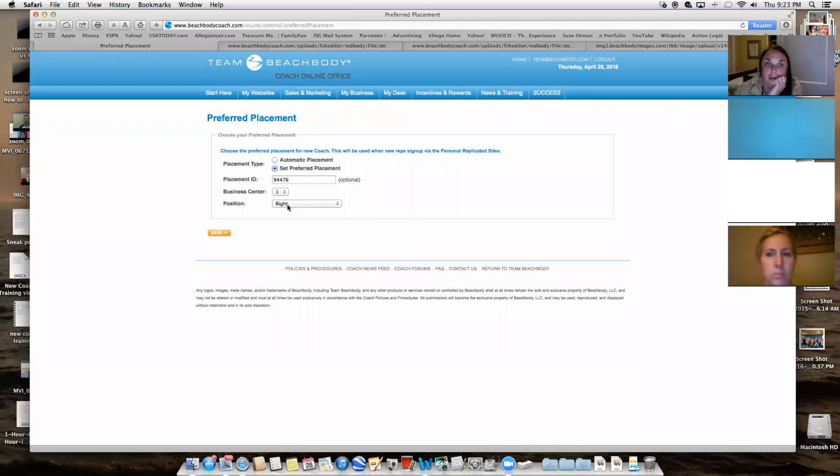Otherwise, they're permanently there. And then to be Emerald, you have to have 1 on the left and 1 on the right. It's really important that if you have a couple people that want to work the business, you put them on opposite sides, because obviously your goal is to have Emeralds on each leg. So if you have people that want to work the business, or you think they might, you put them on opposite legs to balance each other out. And then eventually, when you have 5 on each leg,